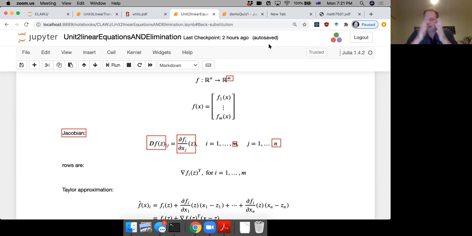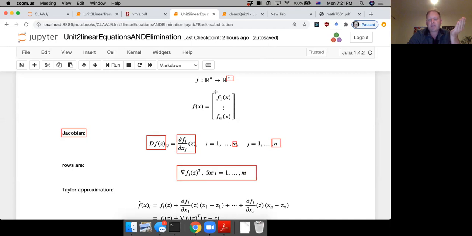Even though it looks complicated, you'll see there's not a whole lot to compute here. We'll actually compute an exercise. So the Jacobian generalizes the gradient. Now the rows, if you look at it a bit, are nothing but the transpose of the gradient vectors,